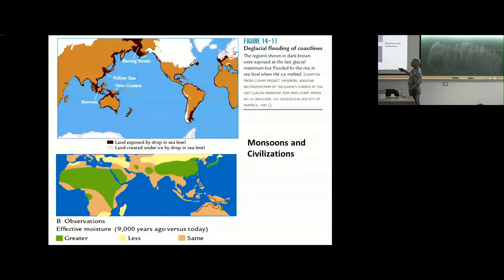And you can see that the coastlines were exposed everywhere. So you would have created much shallower pathways all along here. Okay, so you can see that you could have easily gone from China to Japan and so on and so forth. So you can see massive changes in the amount of land, that shelf area that you created. This is what changes the nutrient cycling, biological production, and migrations of various